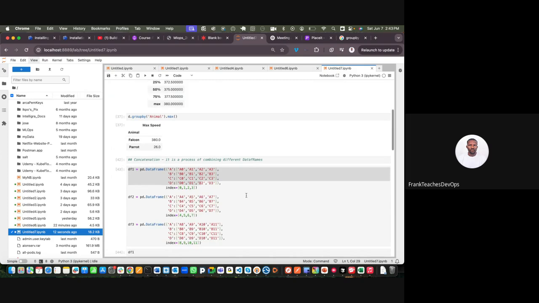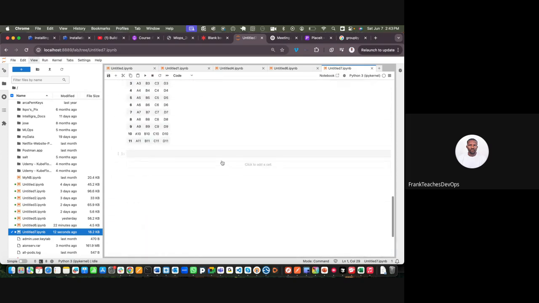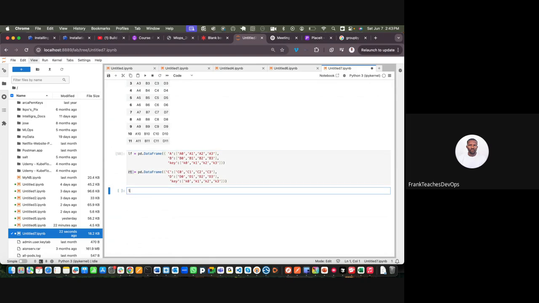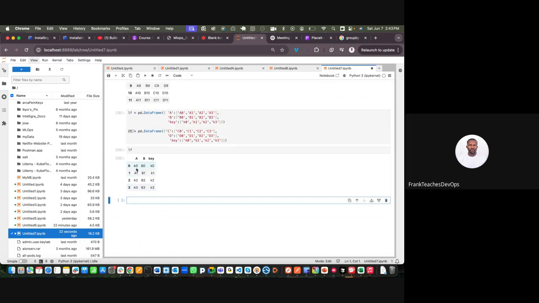Copy this. All right. And I'll bring it here. Okay. And I'll run that. So now let's merge. I want to merge. So this is one data frame and this is another data frame. Let's print out the content of this data frame. LF is that, and